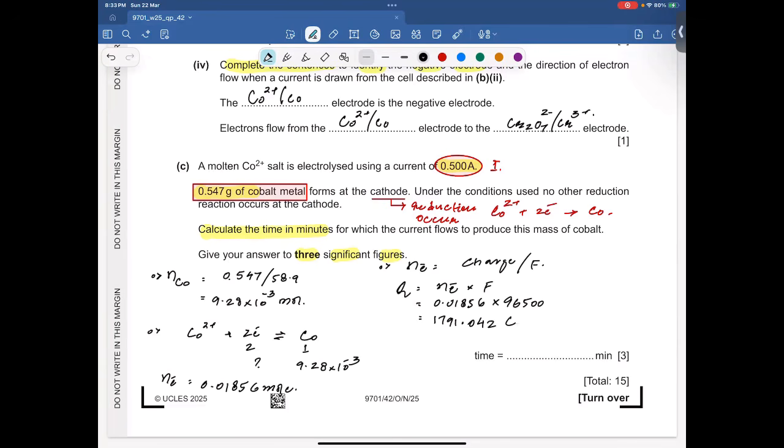1791.042 coulombs. That's your charge. We know the formula: charge equals current into time. So I know the current, I know the charge, I can get the value of time from here. So that's 1791.042 divided by current, and current is 0.5 ampere. So time is going to be how much? Let me calculate. 1791.042 divided by 0.5. So it's